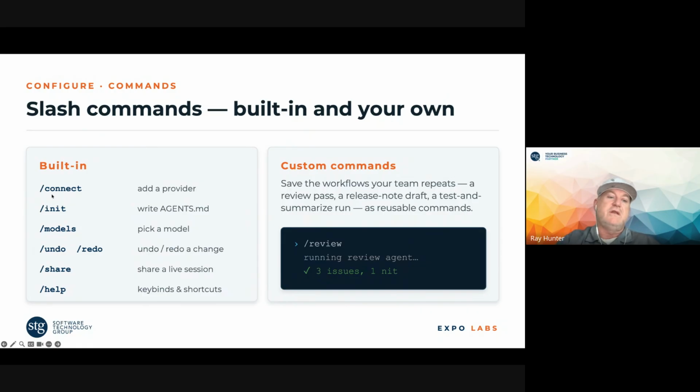One of the beauties that I really like is that there's this share. So if I'm working or collaborating with someone, I can share what I'm doing, and that allows another teammate or another individual to actually jump in and look at the session that I'm currently in. That's really good if you're troubleshooting. Just know that that uses OpenCode's infrastructure.